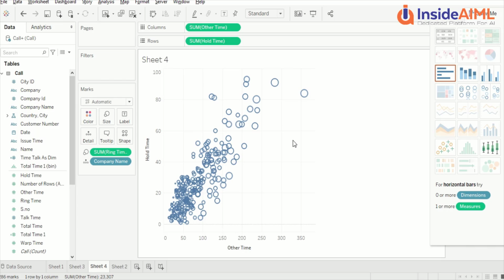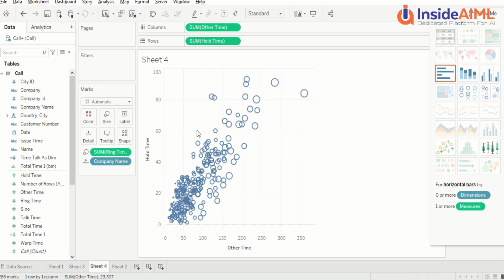Now in this scatter plot, what we have done here is, so basically we have taken x as a time and y also as a time. Okay, so x is also a time, y is also a time, and both the things we are combining together on the axis, and then we are providing certain details which can be used for this visual. So in this manner we will have this scatter visual.